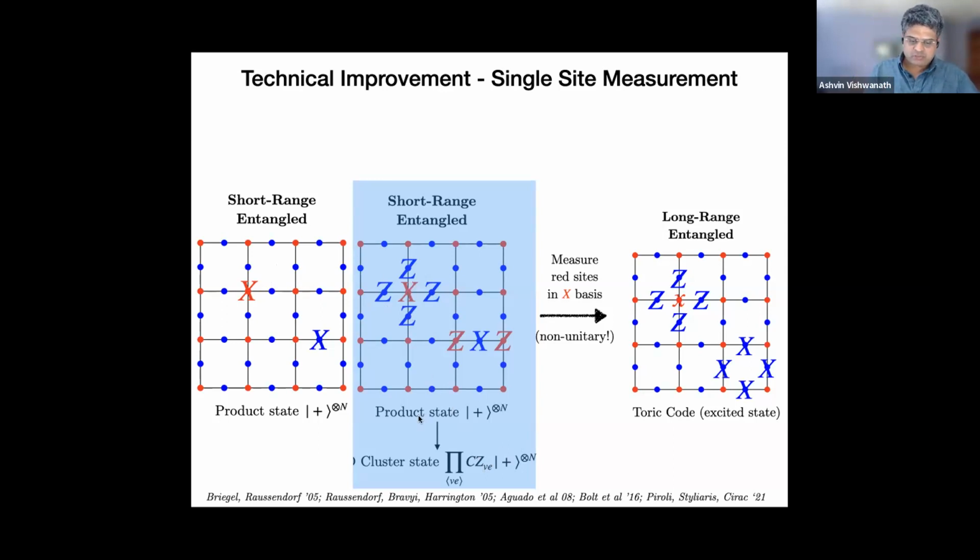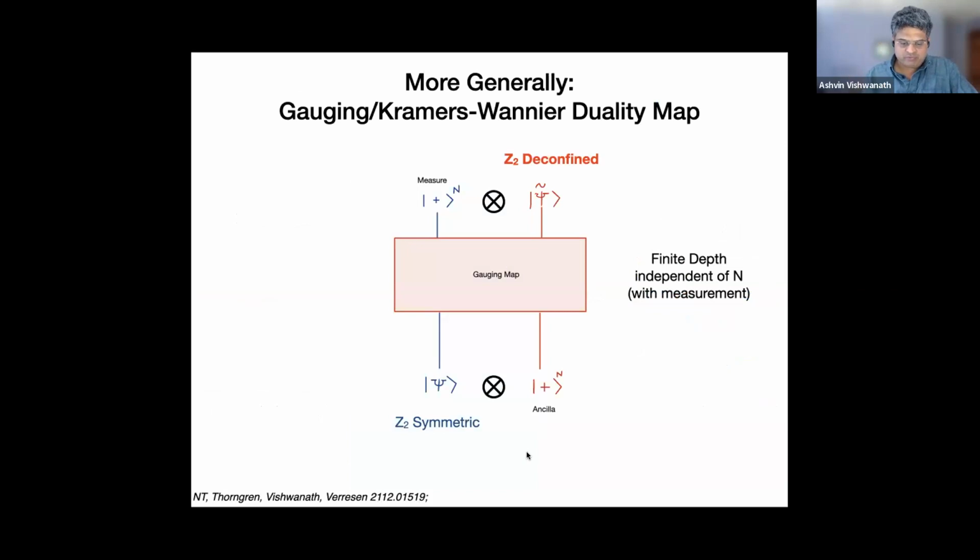Okay, so in this implementation, you act with, again, just one or two layers of unitary operators, and then simply measure the central qubit, and that will end up giving you the location of the E particles, which you can then pair up in the final step. Okay, so it turns out this hints at a more general mechanism at play, which is what we reported in this particular paper,